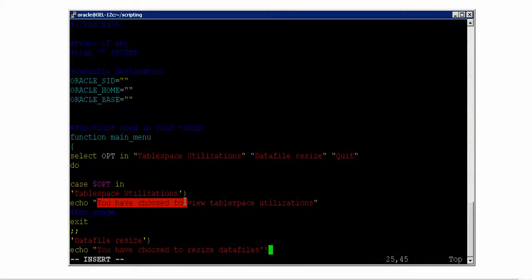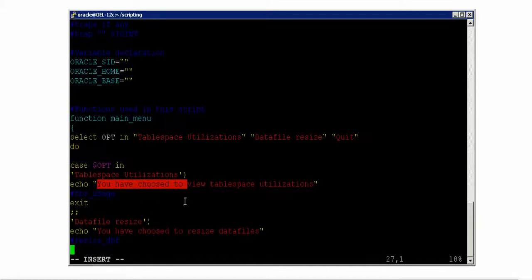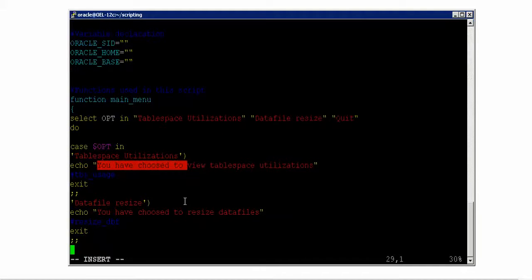This is the message that they should get. And then instead of data file, now I wanted another function called resize underscore dbf, and then after it completes executing it, definitely it has to exit from the loop. And because the syntax says for the second option, this is the one.